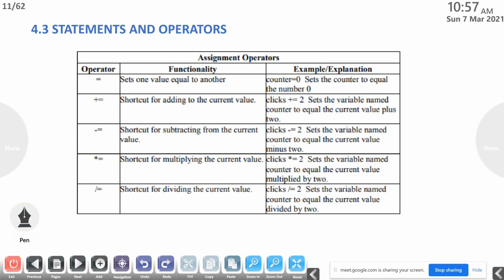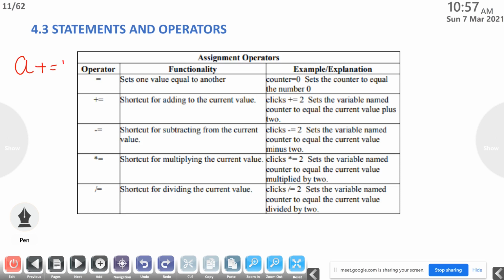A equal to 10 means the value of A is now 10. Then plus equal to is a shortcut for adding to the current value: A equal to A plus 1 can be written as A plus equal to 1. Minus equal to: A equal to A minus 1 can be given as the shortcut A minus equal to 1.